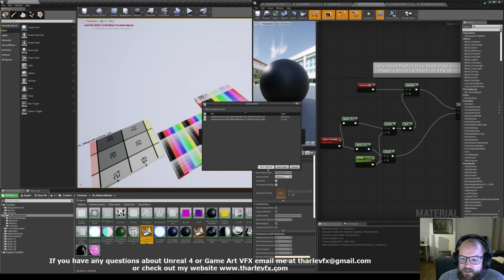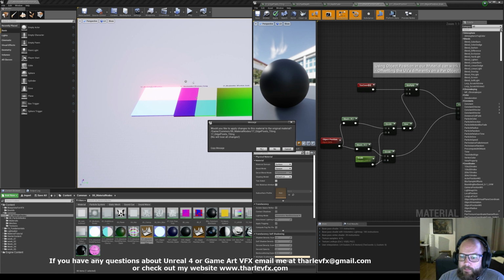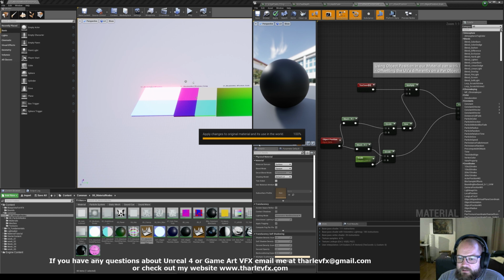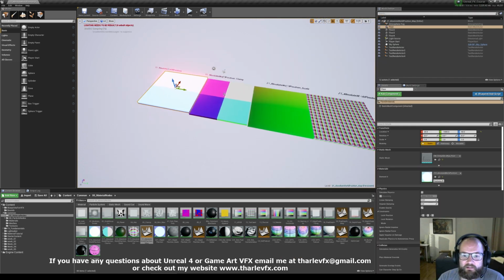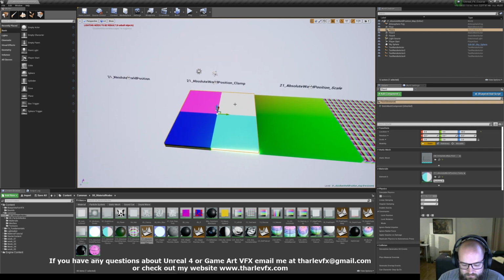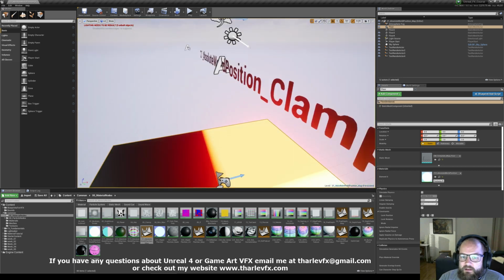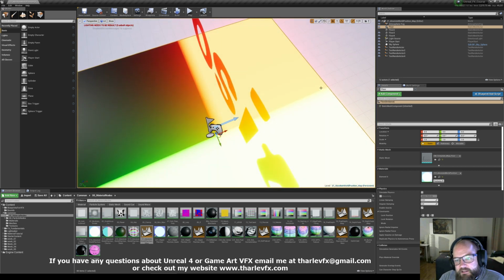Finally, for today, I'll have a look at the world position node. So what we were looking at just then was object position. Save these things off. And the object position is taking the object pivot point and then relaying that information into the material editor. Similarly, if I put this one back to 0, we're still getting this black in this corner. Well, actually that's negative numbers that Unreal doesn't know how to display, but it is going red in the x-axis